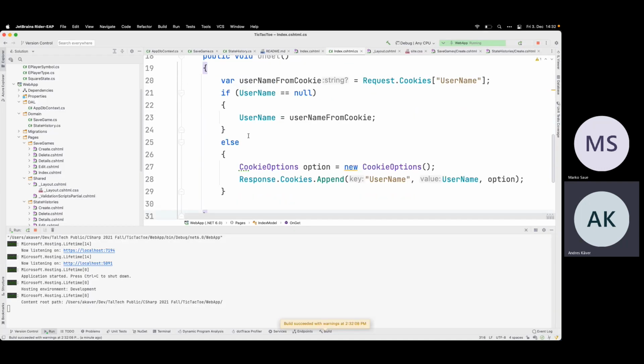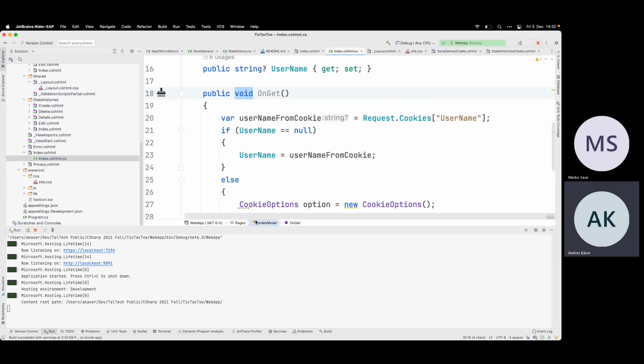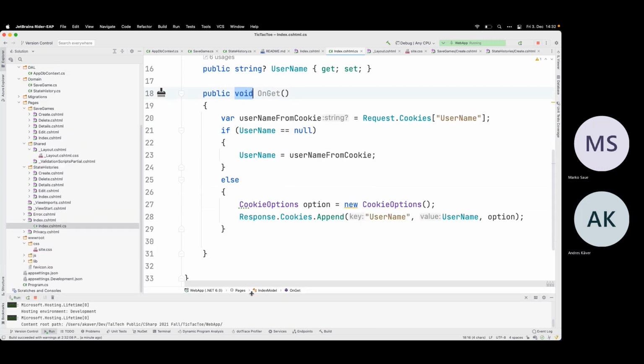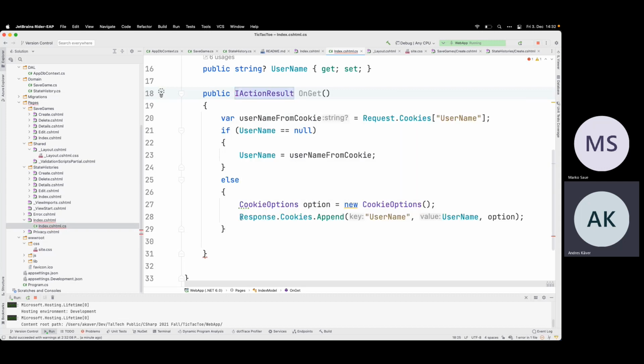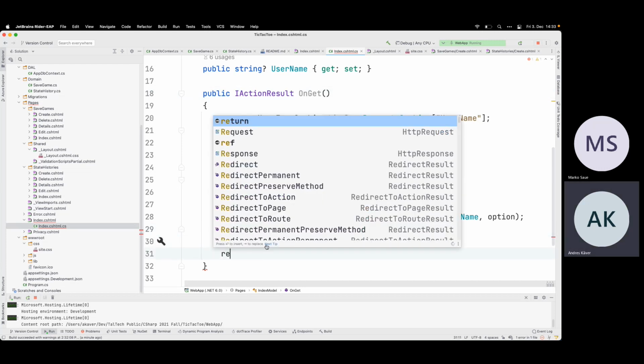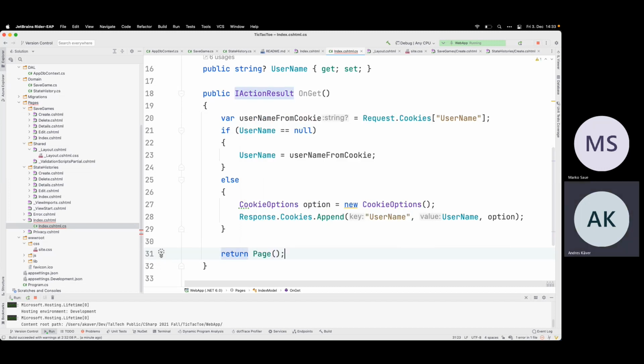So I can do something like this. If I want to do the redirect from here, then I need to do this action result. I think this was return the page is the standard.